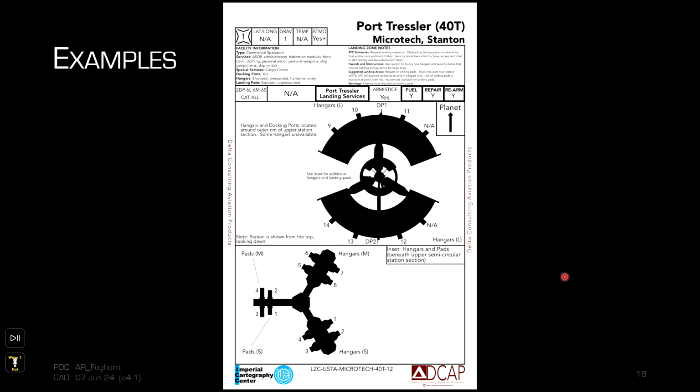So similarly, you can have these same things for the space stations. You'll notice that because they're floating in space, obviously, the landing zone region of the chart is a depiction of the station from top down. It may do multiple looks if perhaps the station is stacked, like it is in this case with Port Tressler,